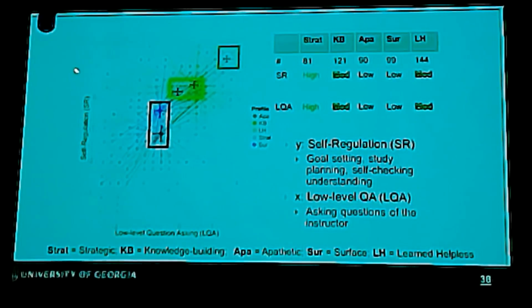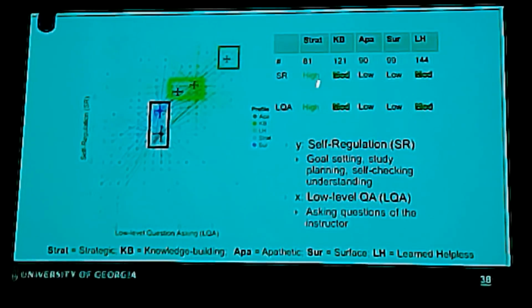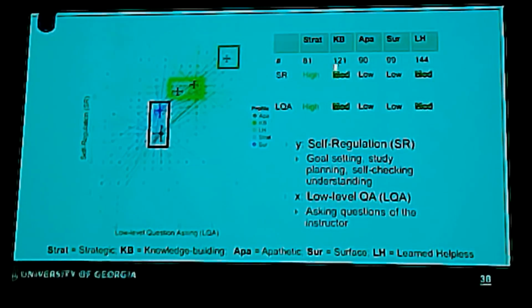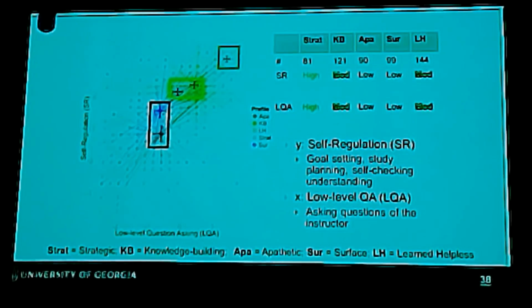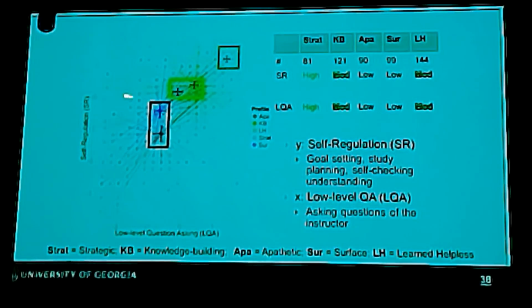So we have a measure of self-regulation and a measure of question asking. You see they correlate pretty well together, but up here, the strategic students have high values of both, right? So they're asking a lot of questions and they're regulating their learning a lot. Whereas knowledge-building students, like I said, are a little less motivated, less engaged, and aren't doing it as much, about as much as a learned helpless student is. And then, as you might expect, on the lower end, we have surface students and apathetic students. So I'm keeping track of the relative rankings of these variables across all of my clusters